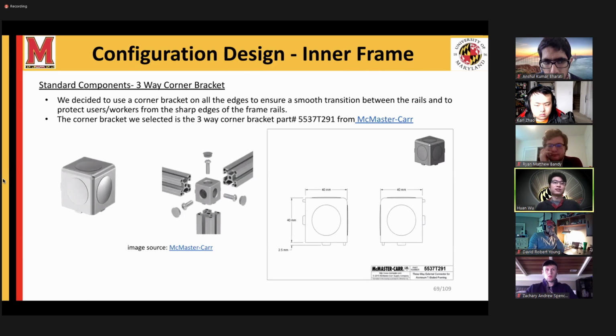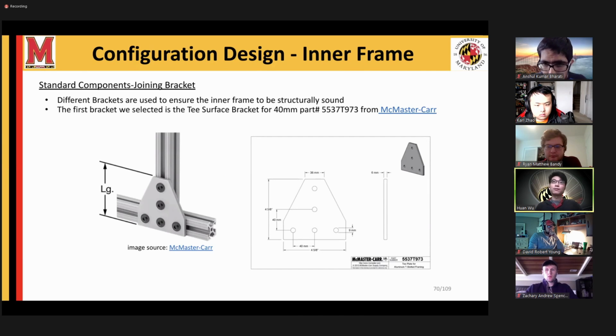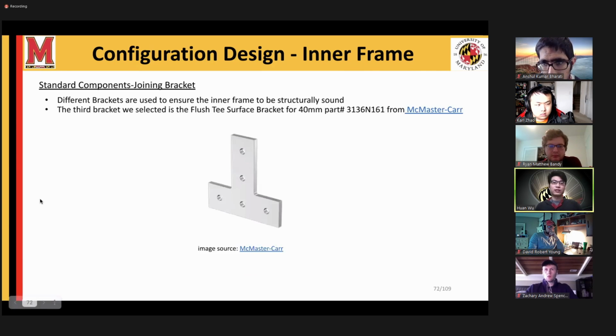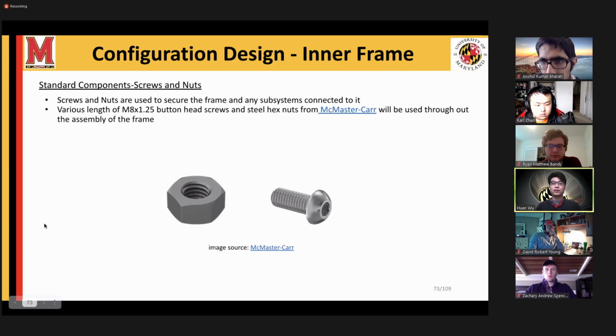injury down the line. To construct the frame, we also need some brackets, and the following will be some of the brackets that we use. This is a T bracket. The next is a cross surface bracket, and we also use the flush T bracket. For our frame rail system, we use M8 screws with various lengths depending on the